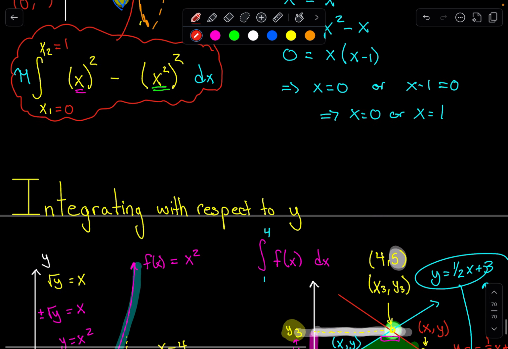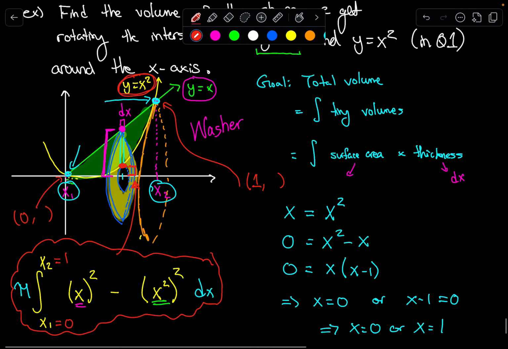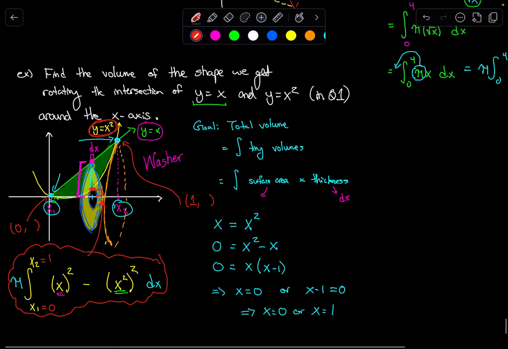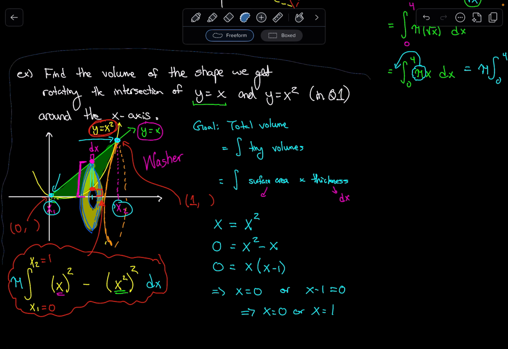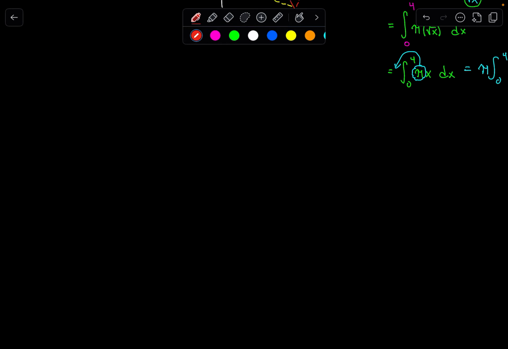So the last example that I'm going to do for this particular video is I'm going to take the same thing that we have here, but I'm going to ask a slightly different question. So let's take all of this. I just asked about finding the area of the shape wrapping around the x-axis. But the next question might be, what if I ask you for the area wrapping around the y-axis? So another example, find the volume we get